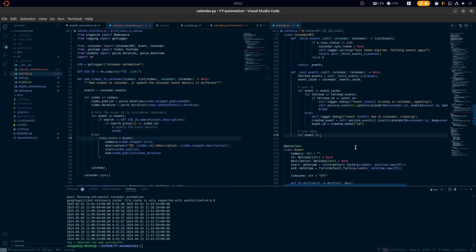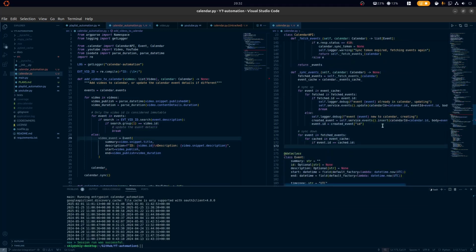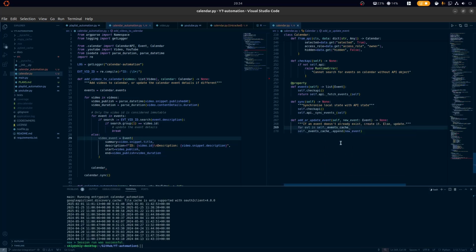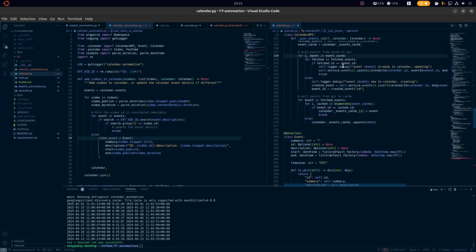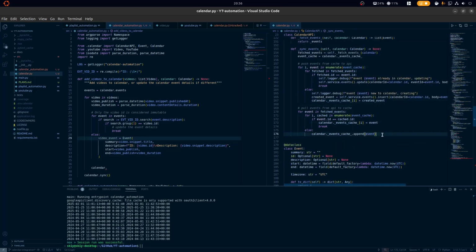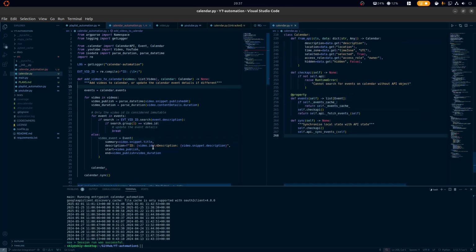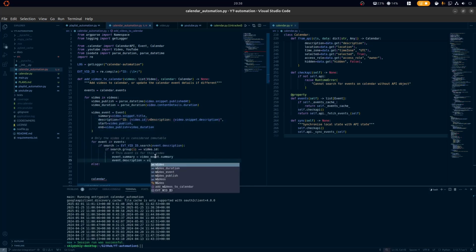You can see there I'm just writing a quick modification to the fetch events and sync events part of the calendar API. So rather than fetching everything live, I started caching, because the evening before, day one of this project, I was hitting API read limitations.